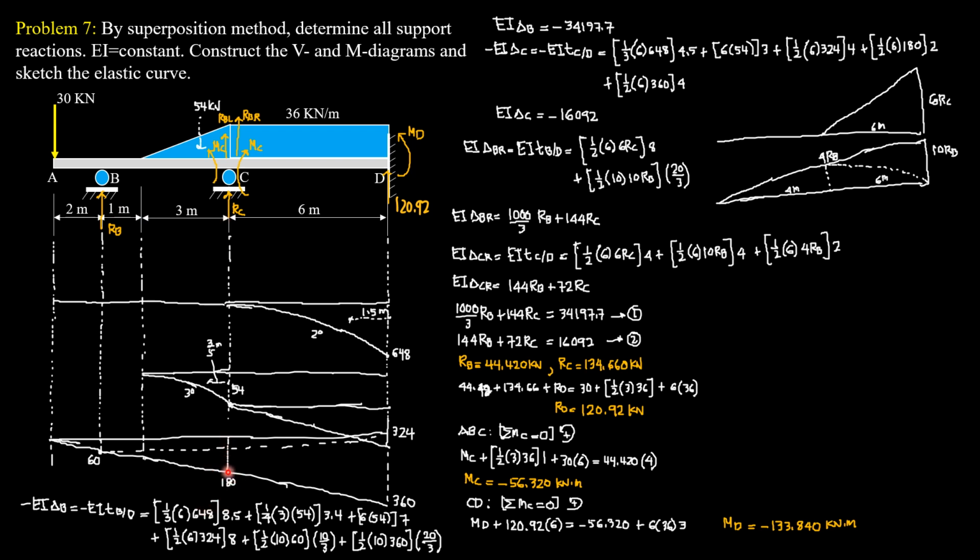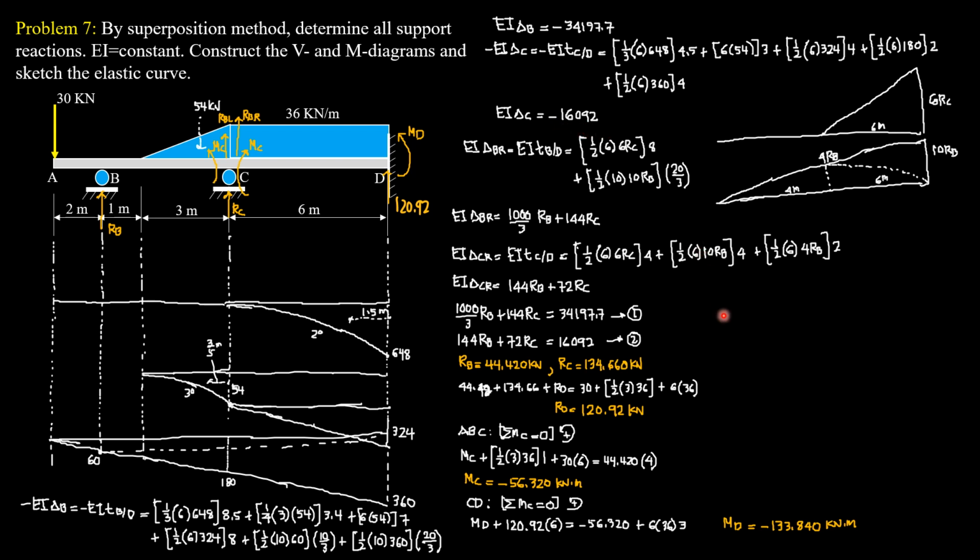Then we divide this trapezoid into two triangles. This triangle here has an area 1/2 of 6 times 180. And the distance of the centroid from C is 1/3 of 6, which is 2. And finally, for this area, 1/2 of 6 times 360, this distance is 2/3 of 6, so 4. So computing EI delta C is negative